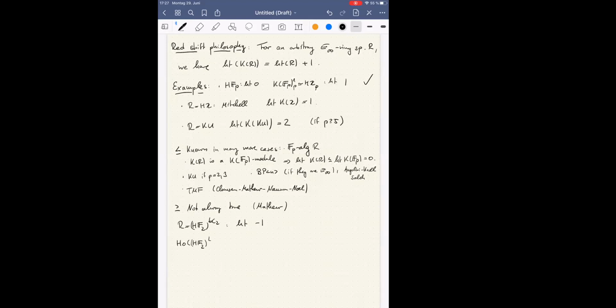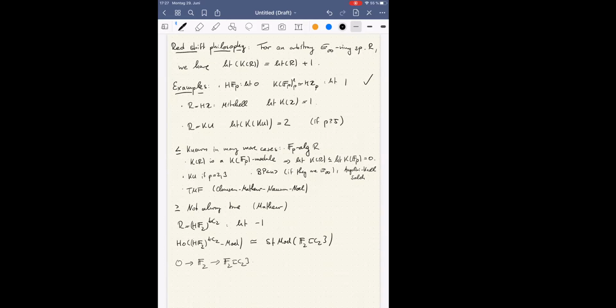It turns out that modules over the Tate construction, sorry, this is not what I want to write. We take modules over the Tate construction and the homotopy category of this, which is the, kind of, if you take the compact objects, okay, I'm not phrasing this very well. Let me just write down what I want to write down. It turns out that modules over the Tate construction are the same as the stable module category. And the stable module category has